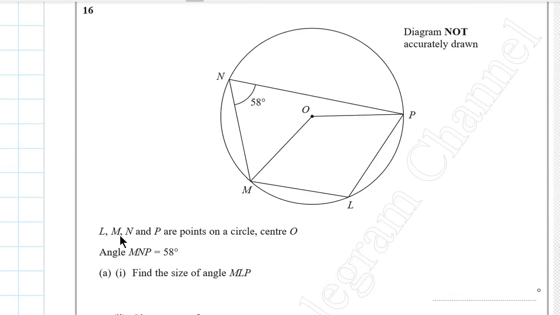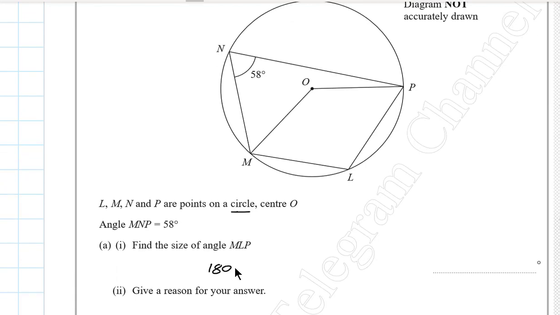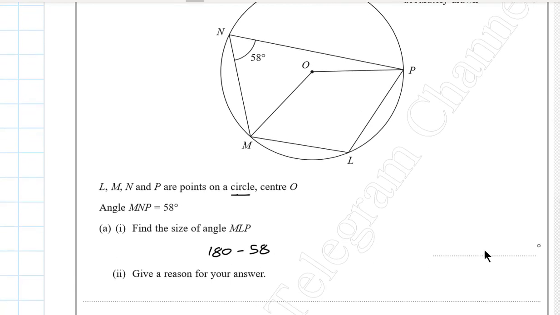Really nice question. 16. L, M, N, and P are points on a circle. Don't forget the properties of a cyclic quadrilateral. Okay, very good. Angle MNP is 58 degrees. Find the size of angle MLP. It's very easy. We can just do 180 minus 58, right? 180 minus 58 degrees. Okay,